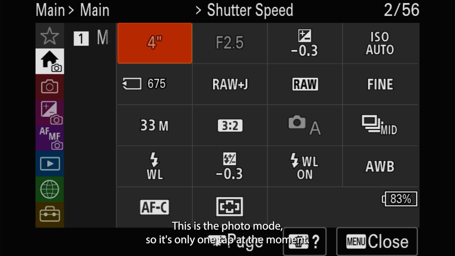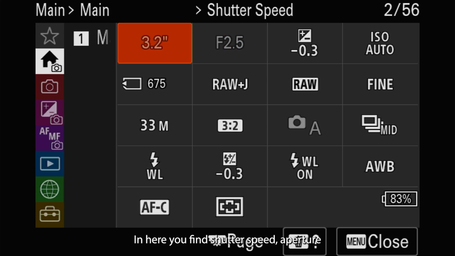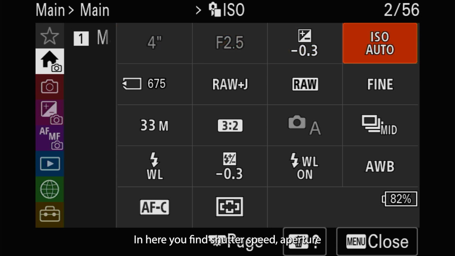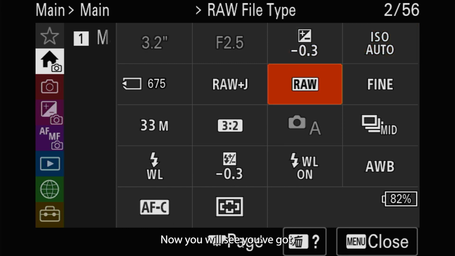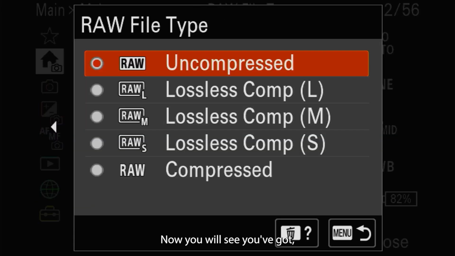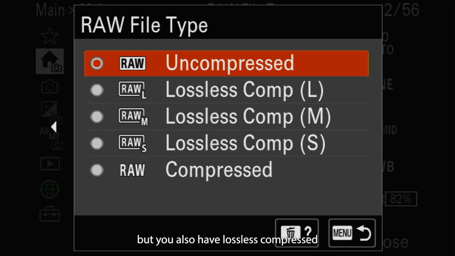This is the photo mode, so it's only one tap at the moment. In here you find shutter speed, aperture, over and under exposure, ISO and even the RAW files. Now you will see you've got the uncompressed and compressed RAWs, as you all know. But you also have lossless compressed,